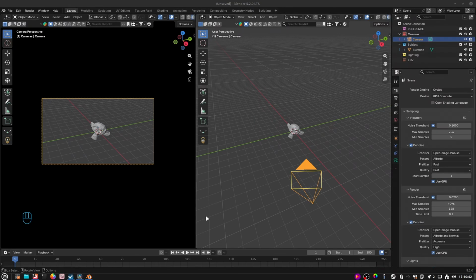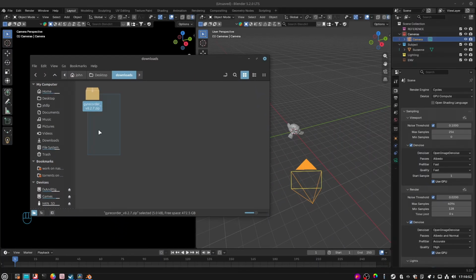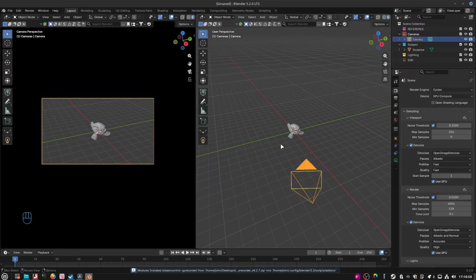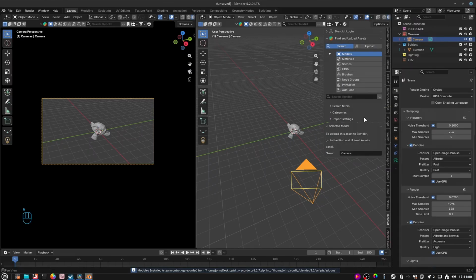This is going to be a quick little walkthrough video tutorial on how to use my new Blender plugin, Gyrecorder. So let's start at the basics here with the downloads folder. You're going to have a zip file, don't unzip it. Just drag it into the viewport, click OK. And now if we open up the N panel in Blender, scroll all the way down to the bottom, ta-da,